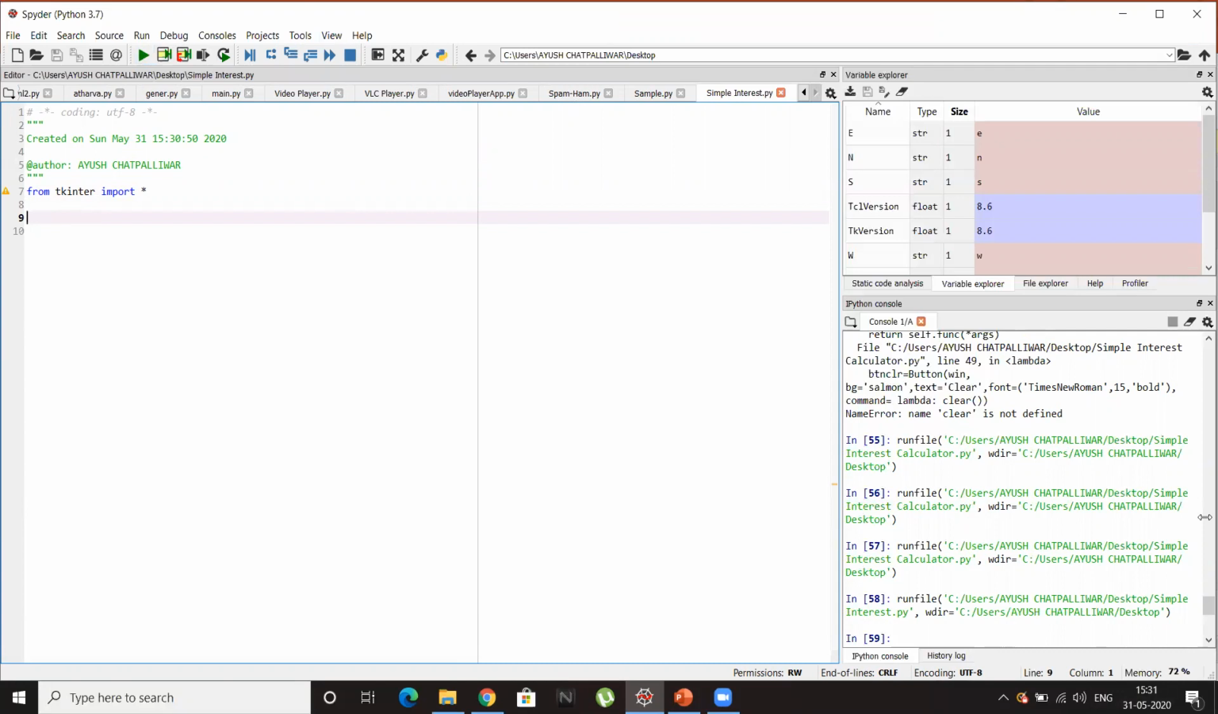So now let's begin our first window. To build a window, we need to make the object of the Tk class. Since we are making a window, I'll make the object name win. win equals Tk